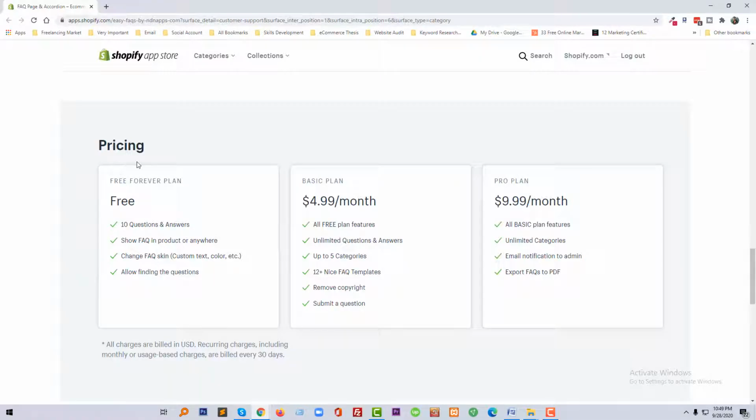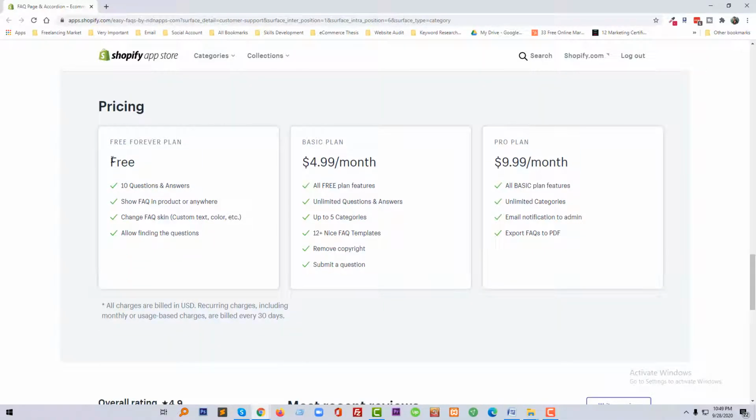For example, let me show you the pricing here. Here it has a free plan. We can add 10 questions and answers, show FAQ in product or anywhere, change FAQ skin, custom text, color, etc. Allow finding the questions. So that is awesome. We are going to use the free plan, but if you want to go to paid and add more